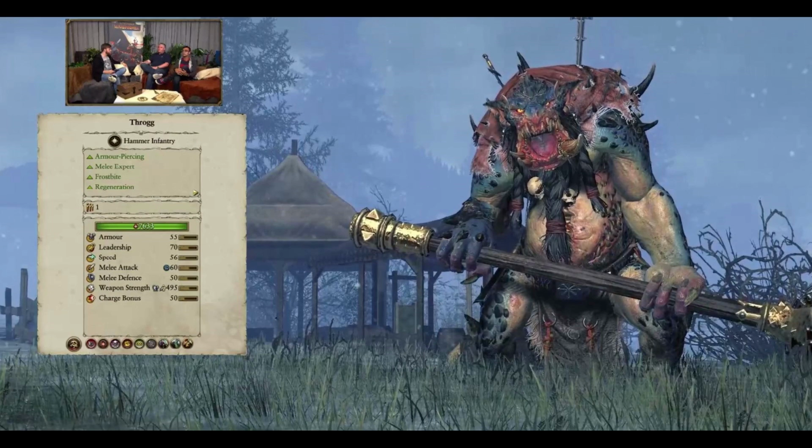And Throg's pretty beastly. I'll be totally honest with you guys. The fact that he's armor piercing, a melee expert, he's got frostbite and his regeneration, and he's monstrous, which might be both a negative and a positive thing, because he does cause fear, as we see from his tooltip. He's got the standard things that you get from a lord as well, but he has the new frostbite mechanic, which does slow things down around him as he does damage to them with his melee attack. That little symbol next to melee attack